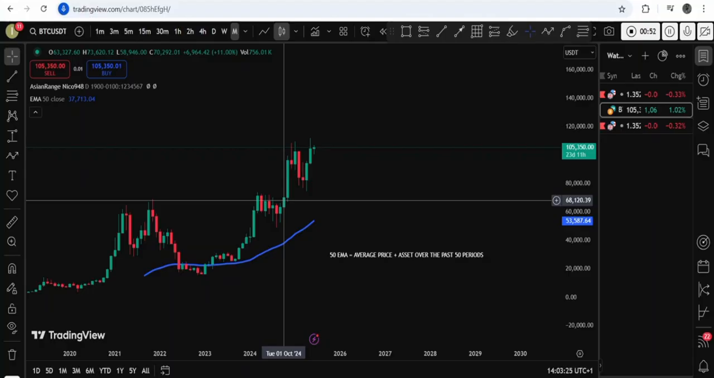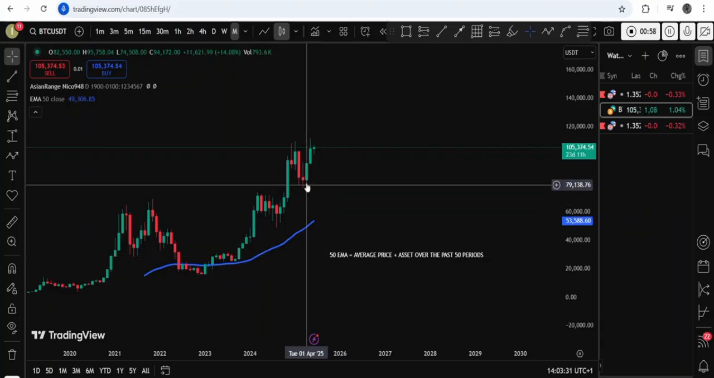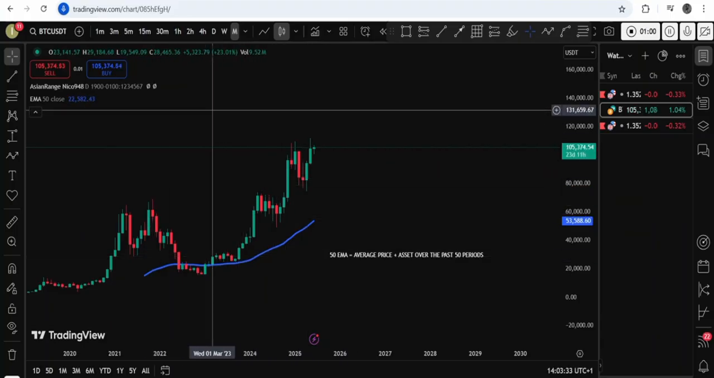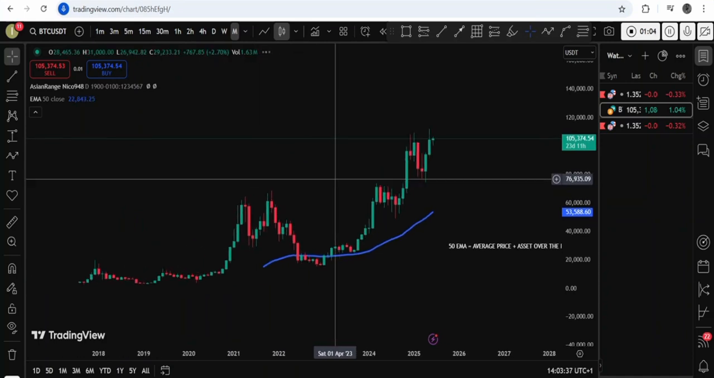Welcome to the chart, guys. In today's video, I'm going to be explaining how I journal my trade and why I took a buy on Bitcoin. First of all, to journal my trade, I usually go to the monthly time frame. As you can see in the monthly time frame,